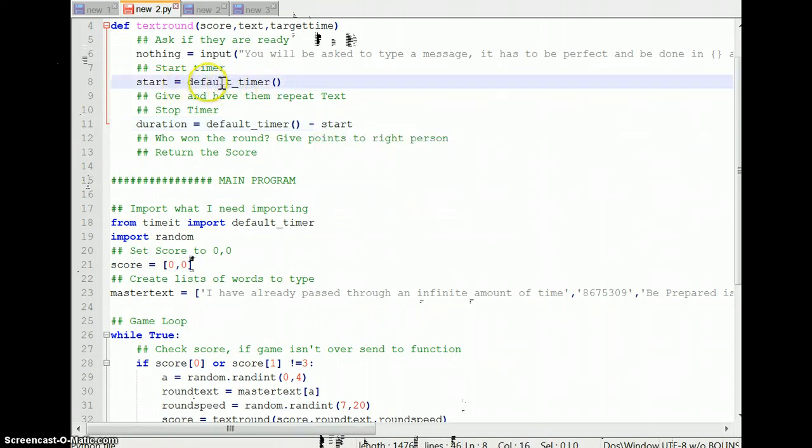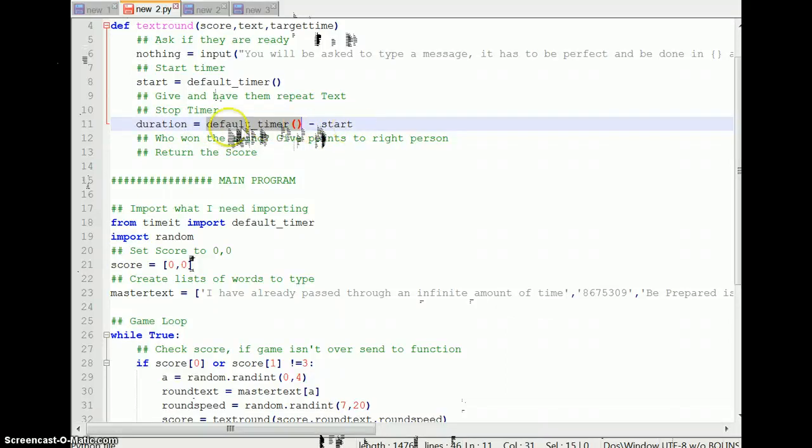So let's say it starts at like 15 seconds on the clock, right? And it goes, and we stop it at 20 seconds. Basically, this will tell it that it stopped it. The next time it came up was at 20 seconds, so we do 20 minus the 15, and we'll get 5. So the duration must have been 5 seconds long. I'm going to need to stop right here, and we'll finish up in the next